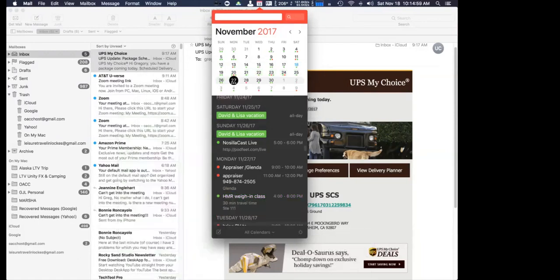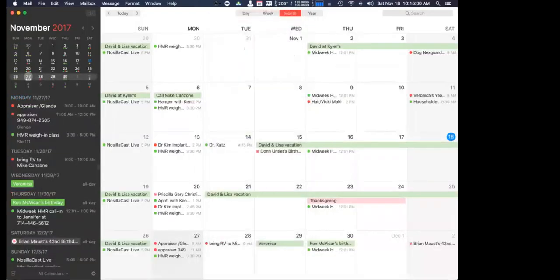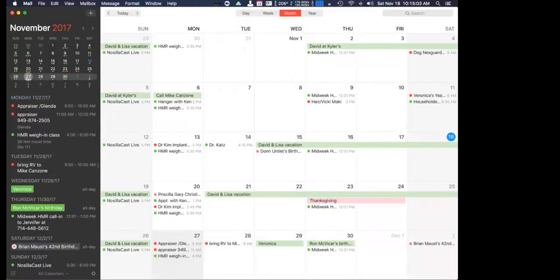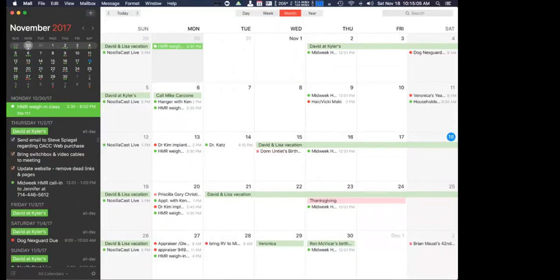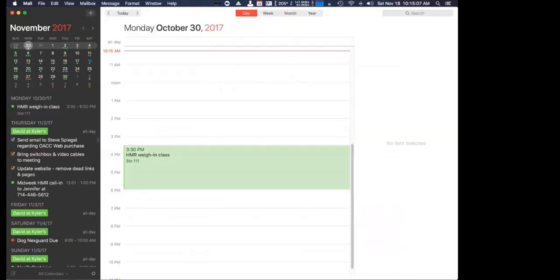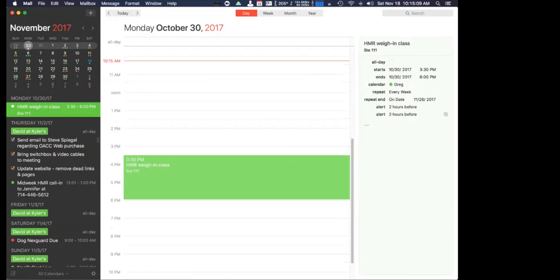Fantastical has a full calendar window. We'll open that up. And so now if I come over here and I look at this, I'm going to go back to day view. So you can see it moved it from 4 p.m. to 3:30. And of course, it works the same way if all of a sudden I change to a later class,